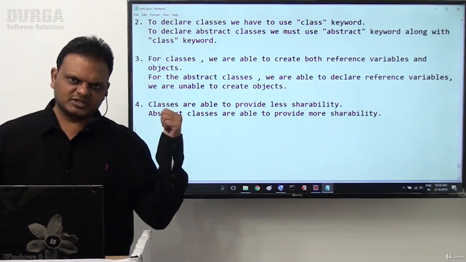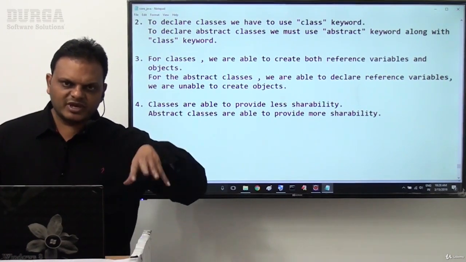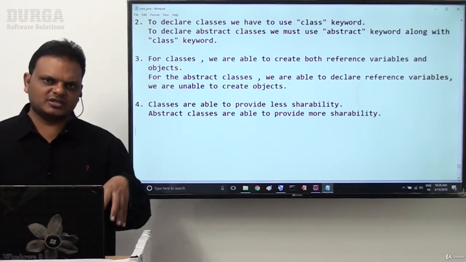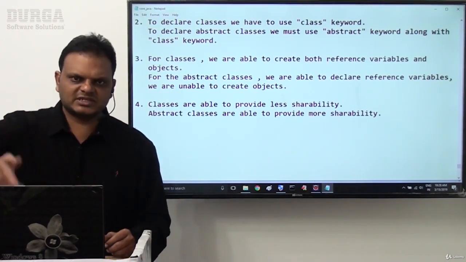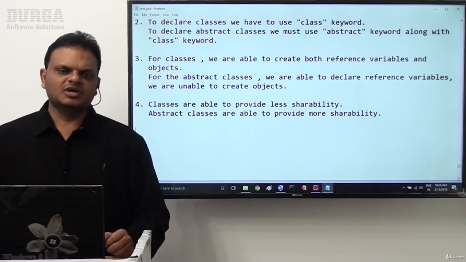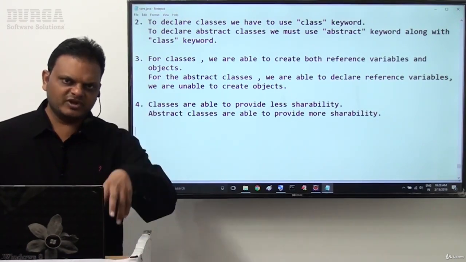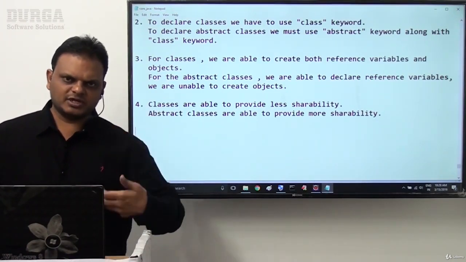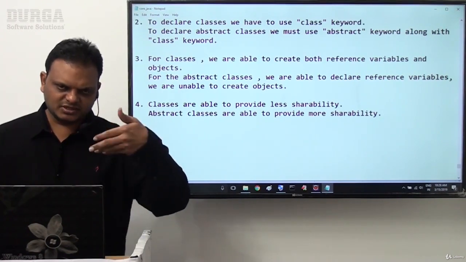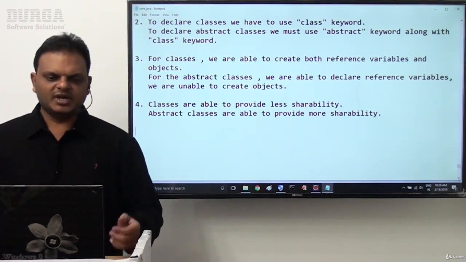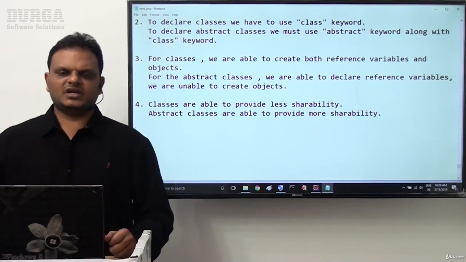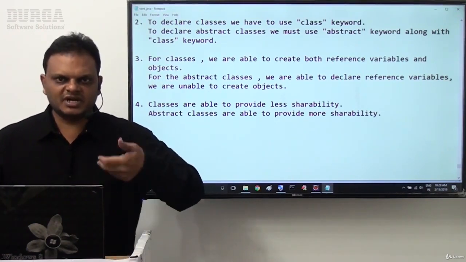But why am I discussing these points here? I need the basics, the very fundamentals of abstract classes, to move on to the next concepts in object orientation. Because of this particular reason only, we are understanding abstract classes here, exactly at the starting point of object orientation. Again, we will see these abstract classes at the end of object orientation in a detailed manner.